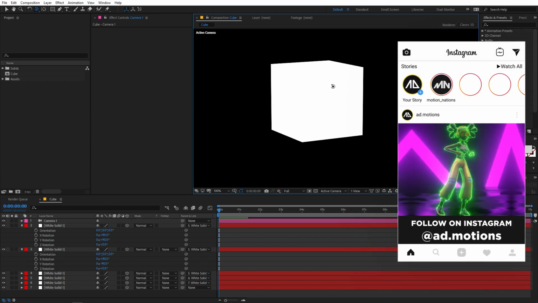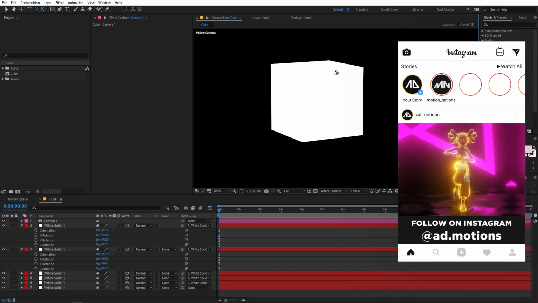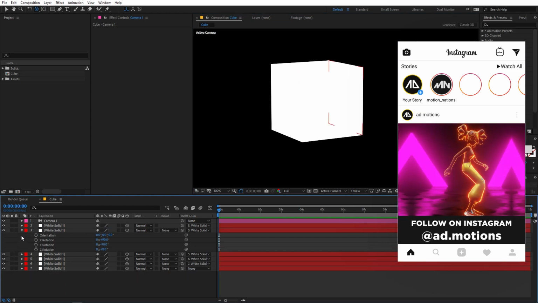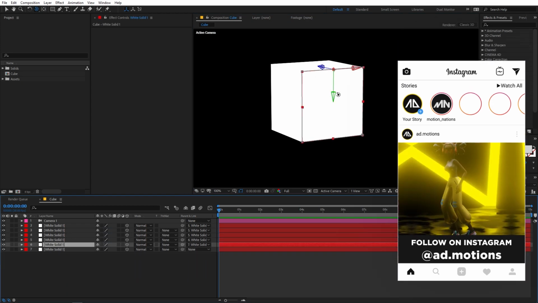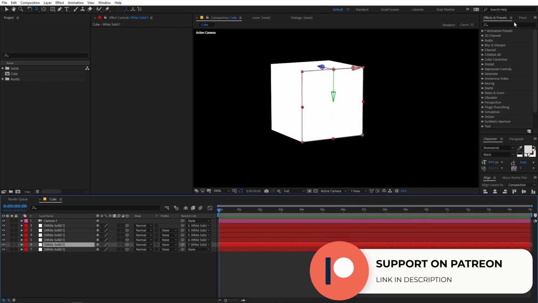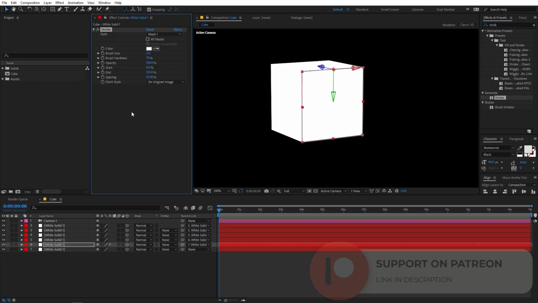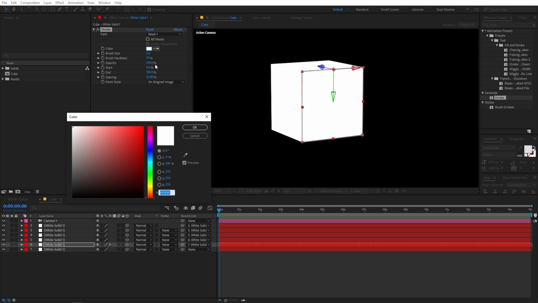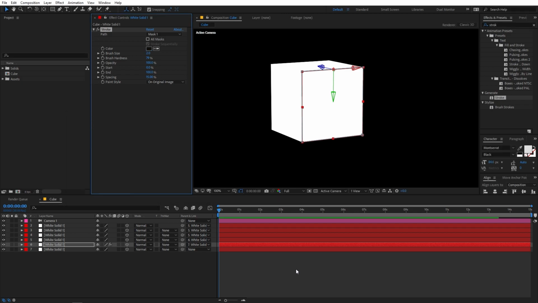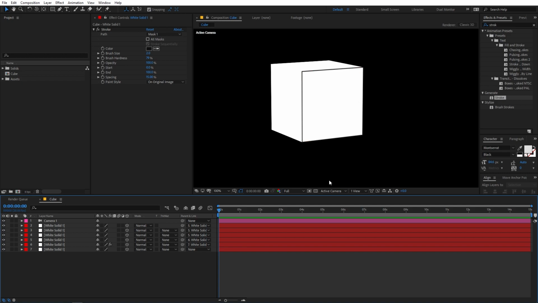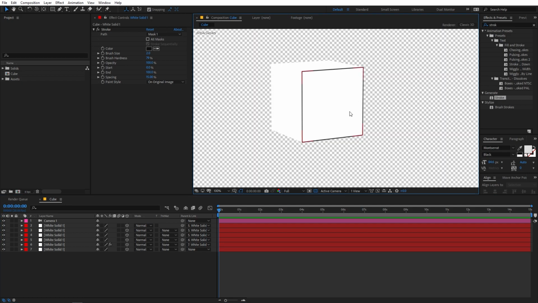Now let's add some strokes to this so that we will be able to see the edges. So in order to do that, you can just simply select whatever layer you want, and after that search for an effect called stroke. Just simply select it and drag it onto the layer, and we are probably going to change the color. So let's pick a black color, something like this, and we can probably disable the background to see it nicely.